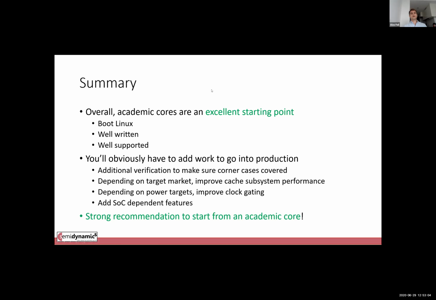So based on your experience, how do you compare the clarity of these open cores you mentioned to the J2 core from Hitachi? From Hitachi? No, the ones I know best are Rocket and Ariane. I think both are very clear. I prefer Ariane because it's System Verilog, but that comes from my preference of System Verilog. So that's not a statement about the quality of the cores.